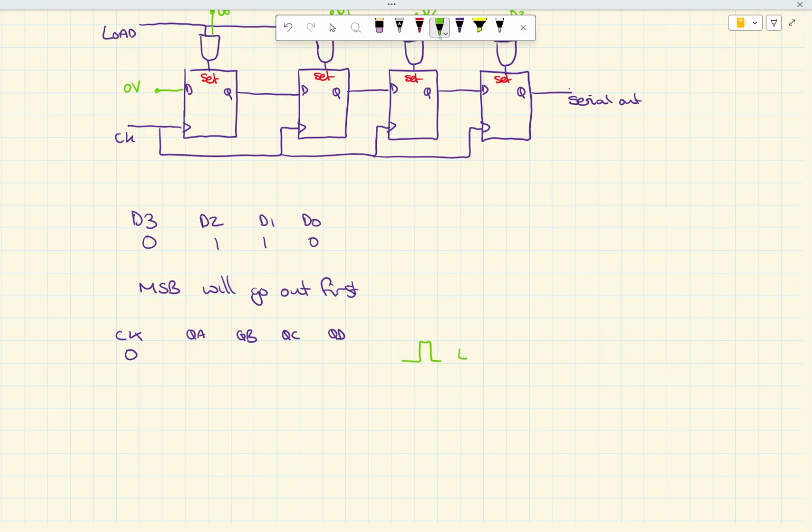Okay. So the first thing that's going to happen is I'm going to make my load signal, parallel load, go high, so that I load that information into my flip-flops. Okay, because set has priority over everything else, and then I can clock the information through. We clock the information through. So on the first clock pulse, then